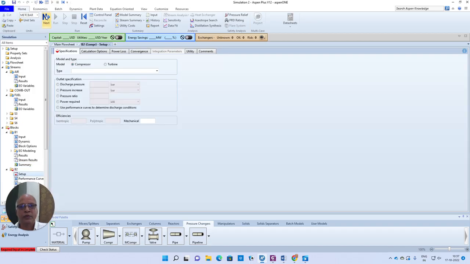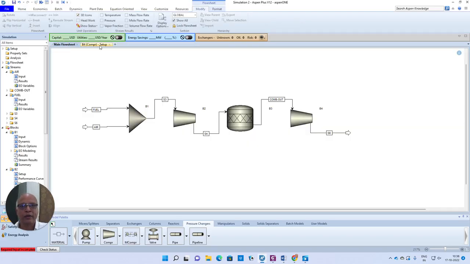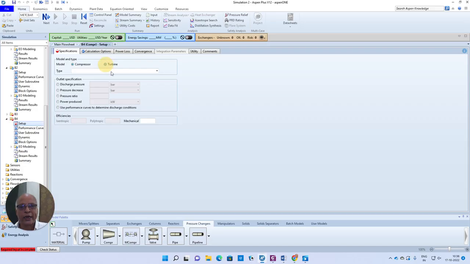Next, now we are asked to define the compressor, choose the type of compressor. Discharge pressure is 2900 kilopascals as specified in the problem statement. We have specified the compressor. Then we are talking about the last unit, which is actually a turbine. So take it as a turbine,